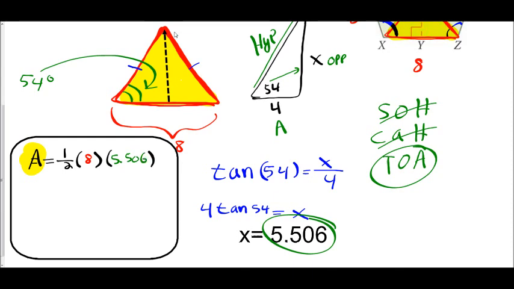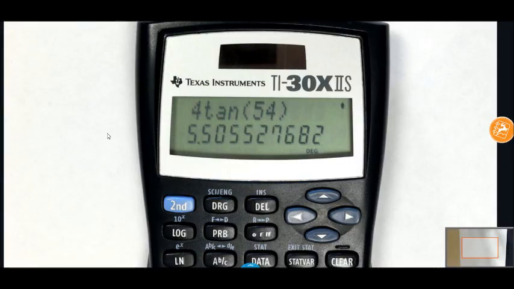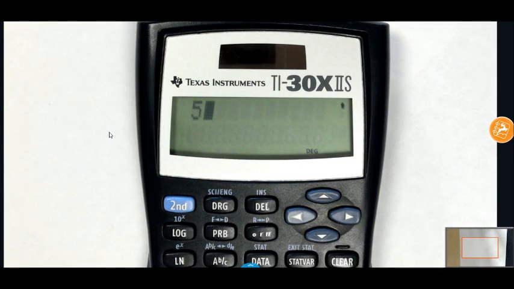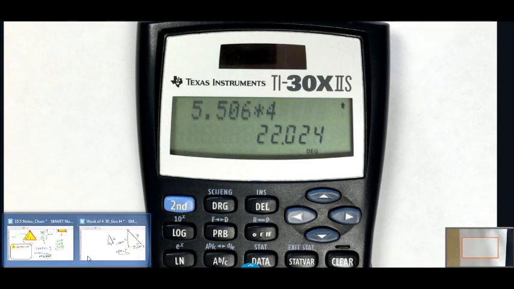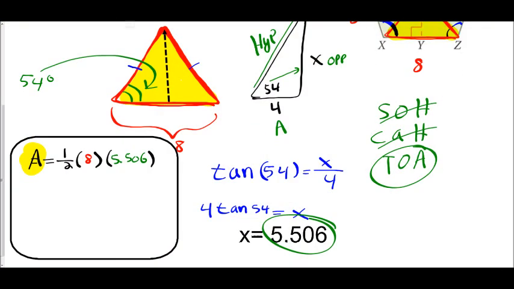If I crunch those numbers, half of 8 is 4, or you can just multiply by 0.5. 5.506 times 4 is really what we need to do. So 5.506 times 4 is the area of that triangle, 22.024. So the area is equal to 22.024. So we have a general idea of what the area of that triangle is, the yellow, and now we go